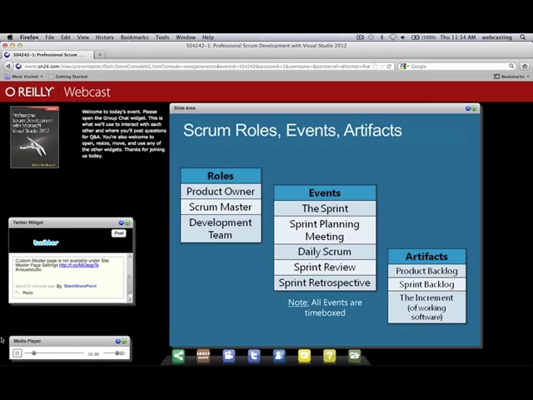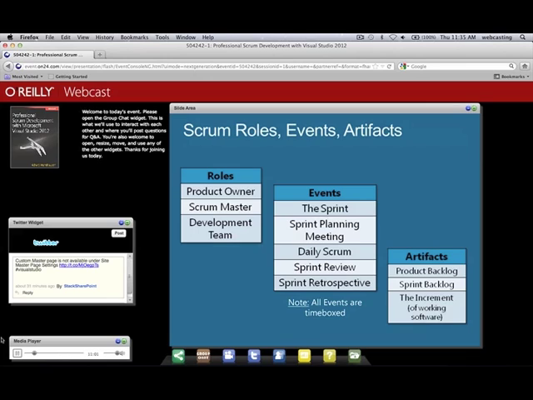At the end of the sprint, I'm hoping there's lots of good business value to show, lots of features have been completed and bugs have been fixed. The product owner invites stakeholders, could be users or customers or the people paying the bills, to attend a sprint review meeting in which the increment is actually demonstrated. So working software is demonstrated on as close to a live production system as is possible, and the purpose of that meeting is to gather feedback.